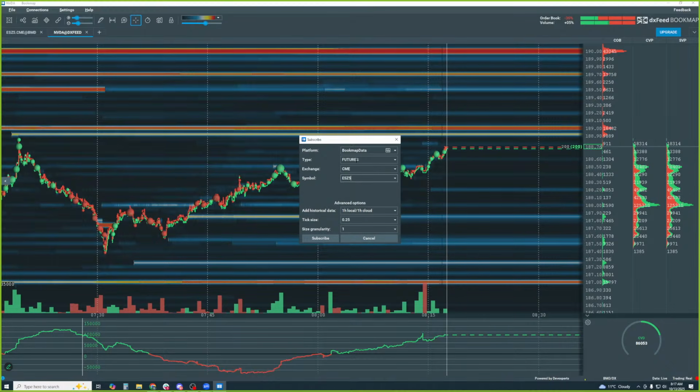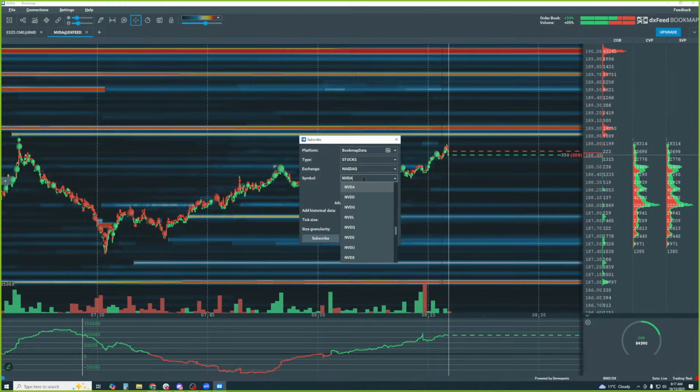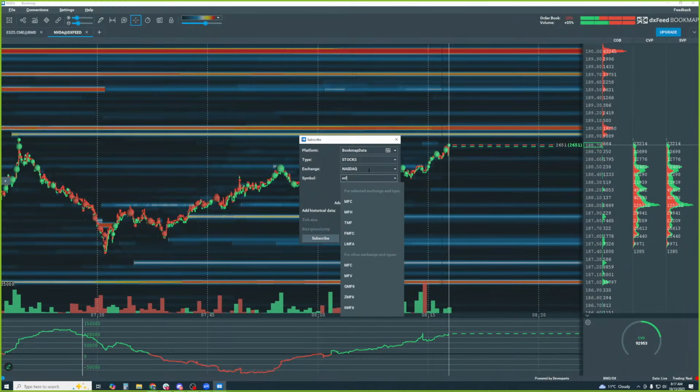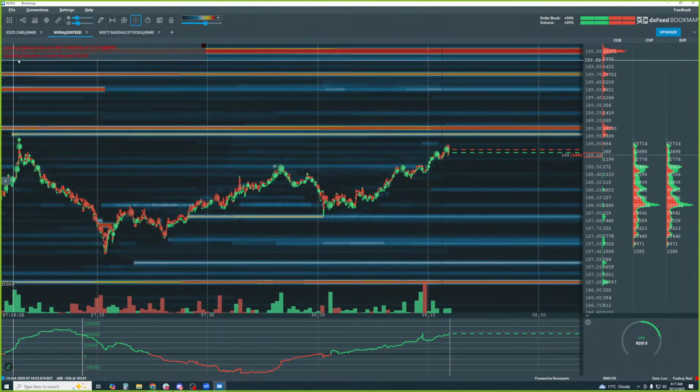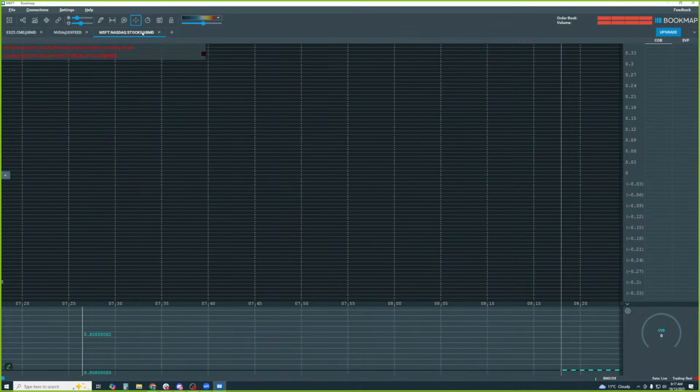And then from the platform drop down here, actually, let's add a stock from Bookmap data. So we added one from DXFeed. Just click on the drop down here for the type, and we'll click on stocks. We could add NVIDIA here, or we can add something else like Microsoft, and that's it. Okay, we'll add 1 hour of cloud data and click OK, and we're up and running looking at Bookmap data for